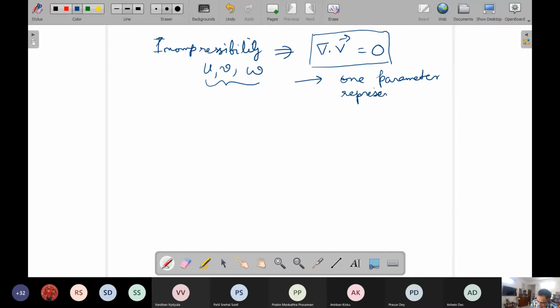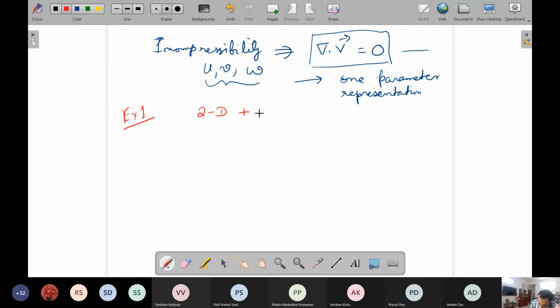So it is just for representation, not for solution of the velocity, because solution of the velocity is itself dependent on maybe several other things. For example, what is the force acting on the fluid in terms of the driving force, resistance force, etc. So just by incompressibility constraint, it may not be possible to find out the individual velocities. In some special cases, it might be possible, but in general, without referring to the forces, that might not be possible. But the parametric representation should be possible, and to explore that, we will consider two different examples. So the first example